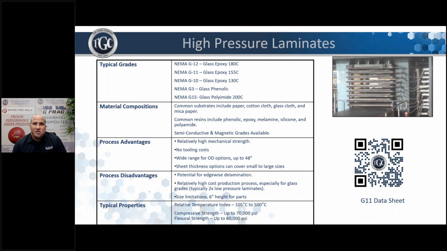Some of the disadvantages: there are height restrictions for your parts because of the thickness of the sheet. Usually the highest is typically up to 6 inches. Also, it's typically a higher part pricing, and you have limited property improvement options. Unlike random molded fibers, angles, and filament wound parts, you cannot improve sheet. You're limited to 0 and 90 degrees in the fiber orientation, and there's no Z fiber.